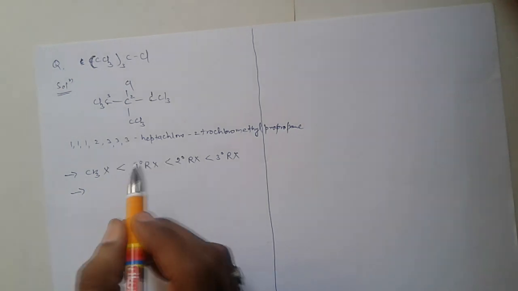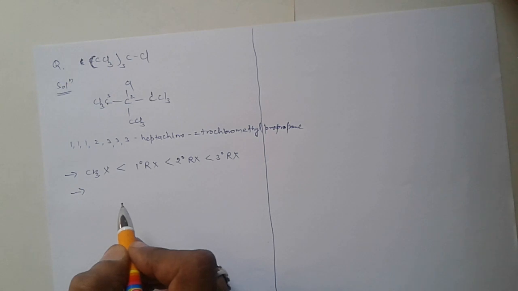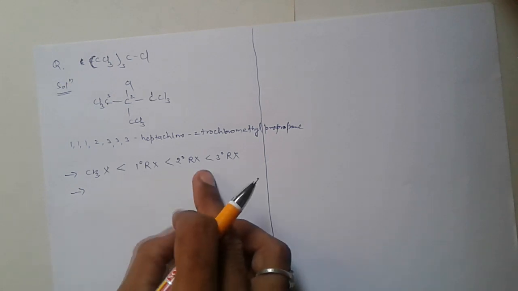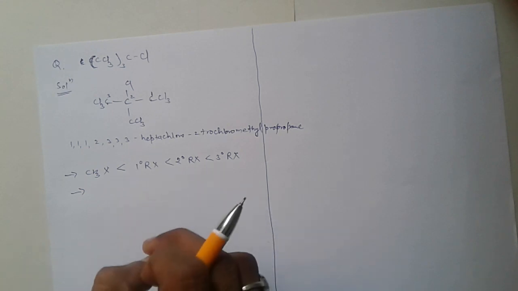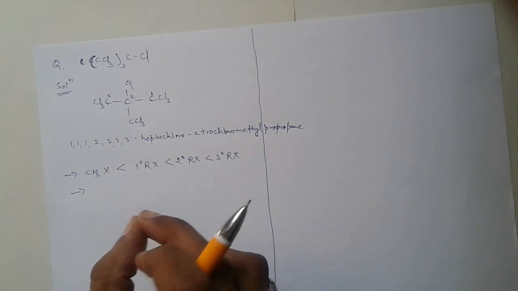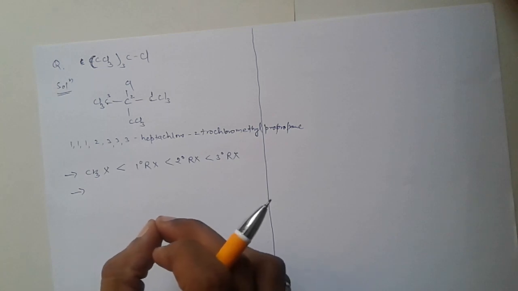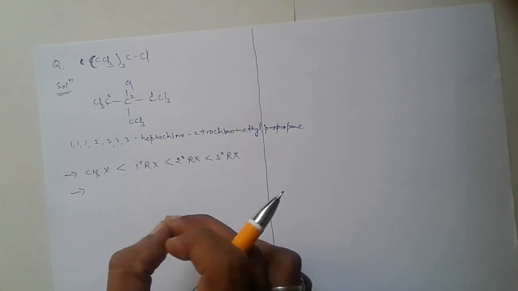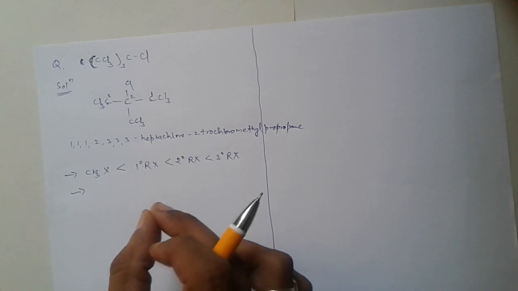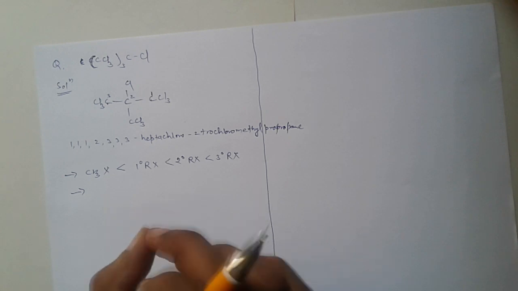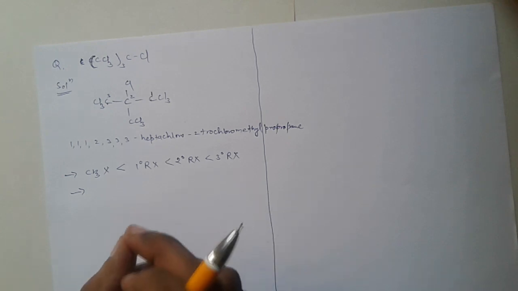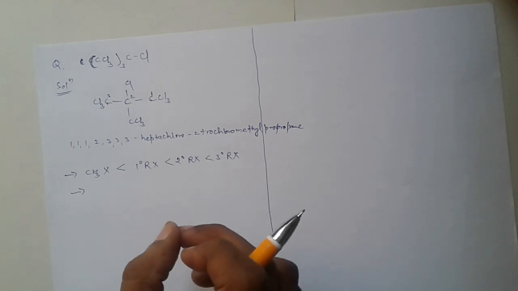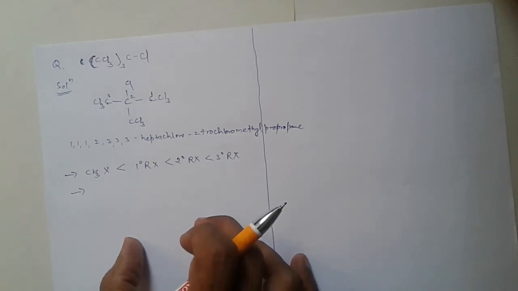While the order of haloalkanes towards bimolecular nucleophilic substitution reaction is just the opposite of the SN1 reaction, because in the SN2 reaction the nucleophile attacks from the opposite side of the halogen atom. It is known as backside attack. Very important. SN1 is a first order reaction, whereas SN2 is a second order reaction.